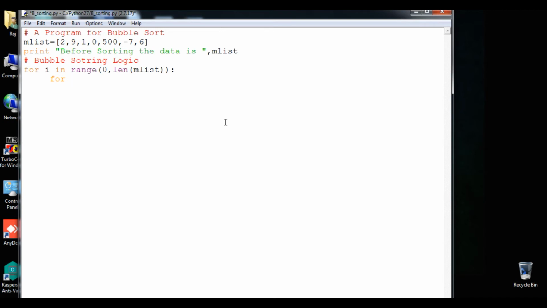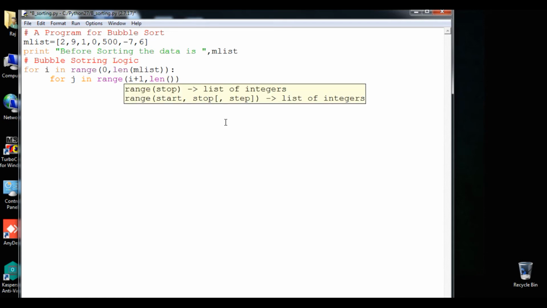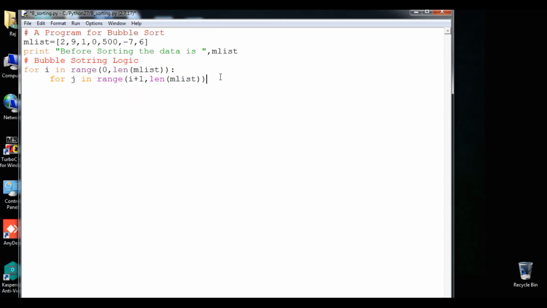And here I will take another variable that is j, that is the inner loop. I will say j in range. Inside that I will compare the values, not an element with itself, otherwise it will be considered a duplicate. So that's why I will take i plus 1 till then same, that is len of mlist. Okay, and here I will say if the earlier value is bigger than the latter one, I will swap it.